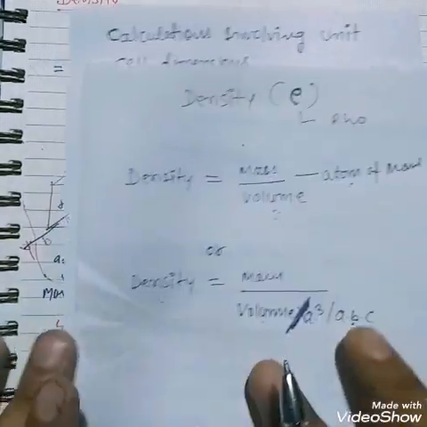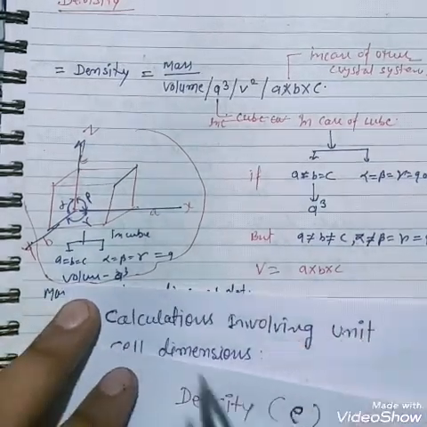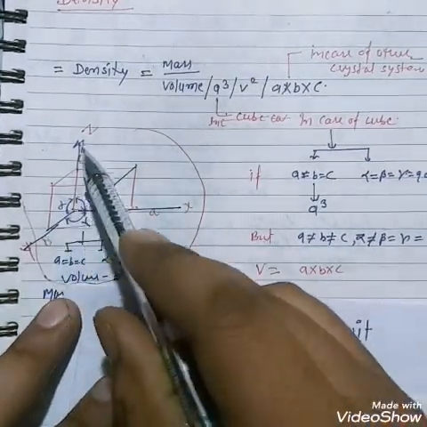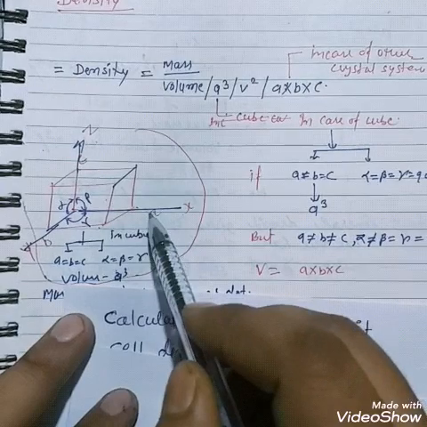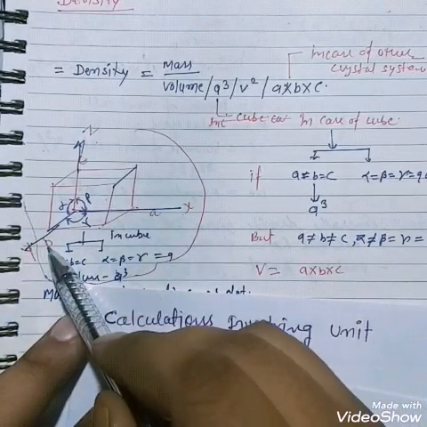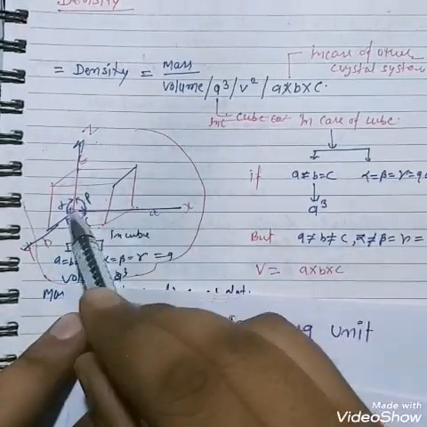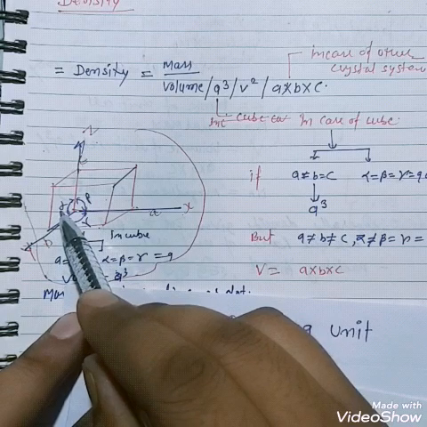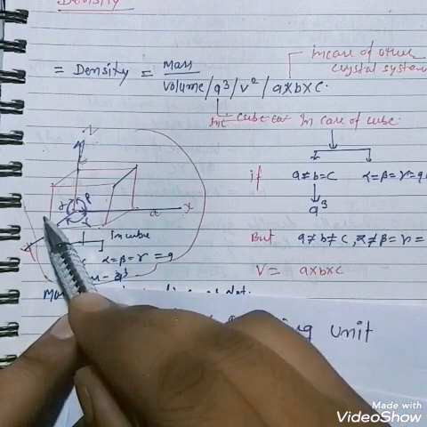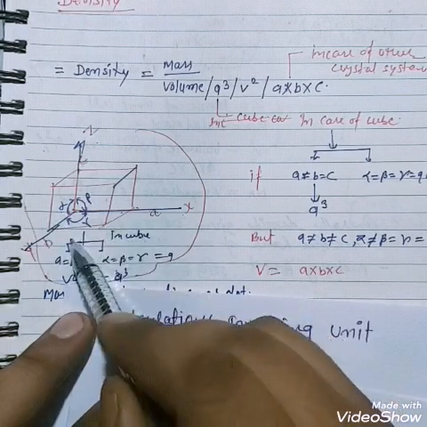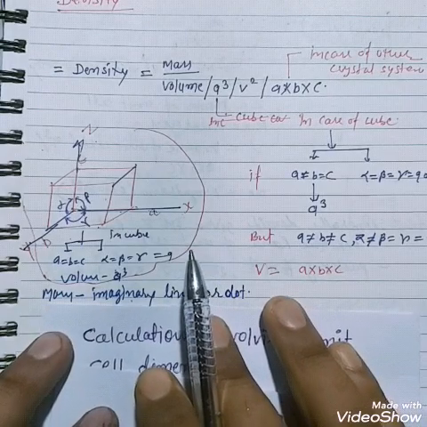Now, students, see here, if we interpret in three-dimensional 3D space, that means x, y, z. Say x has a, y we consider b, and z is c. As we know, a is opposite to the angle alpha, b is opposite to beta, and c is opposite to gamma. These parameters a, b, c combine to form different kinds of unit cells.